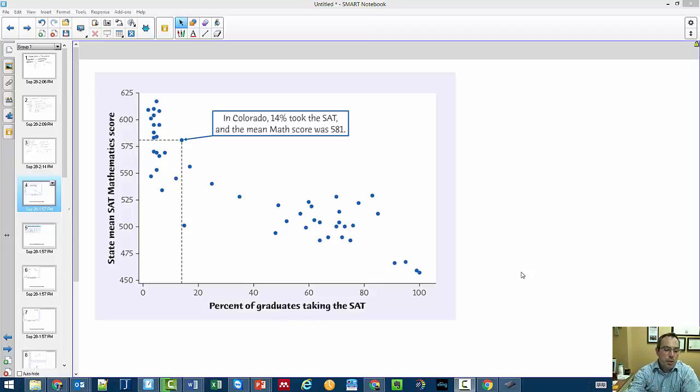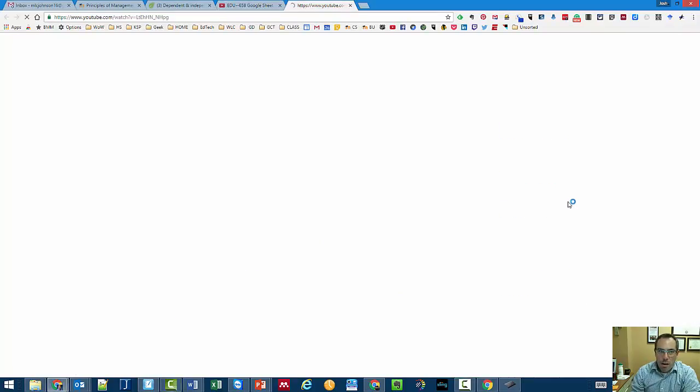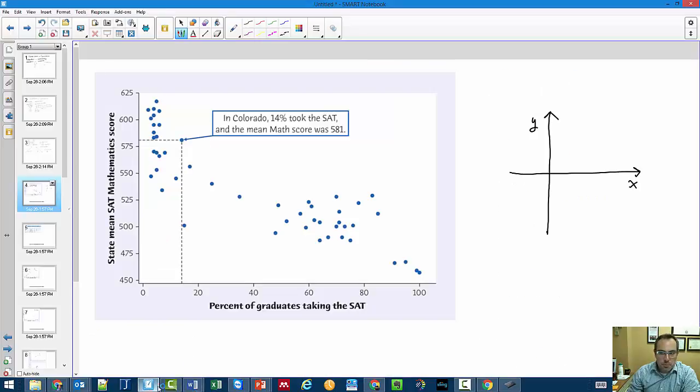All right, so let's jump into the scatter plot now. So we looked at this one before, and it showed basically explanatory and response variables. And you should recognize that, just like we use throughout mathematics, we use the horizontal and vertical axis, also known as the x and y axis. At almost all times, when we are using this horizontal axis, we are measuring the independent